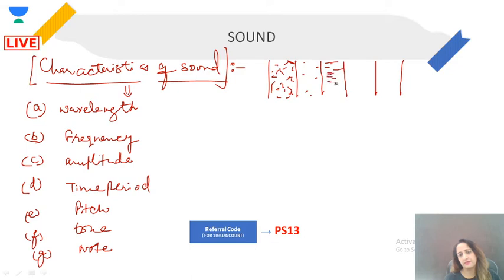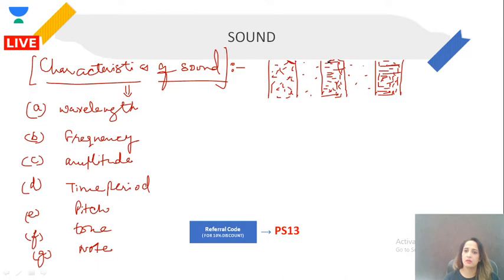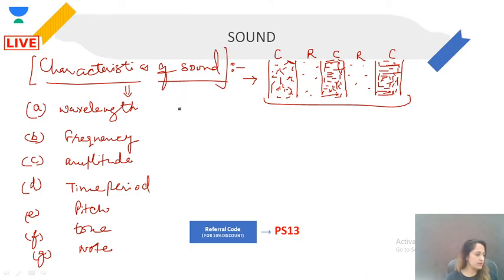Again denser, and again rare, denser, okay. So this is compression, rarefaction, compression, rarefaction, and compression, right? So these are the regions when we talk about a wave, right? And when we draw this,